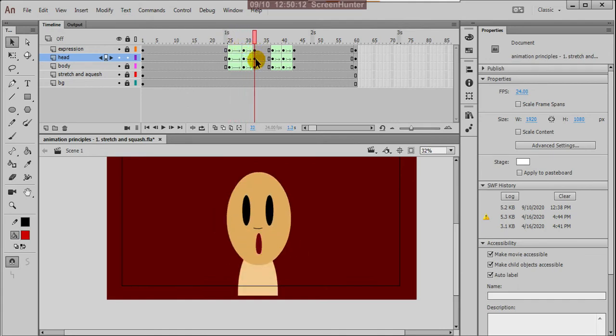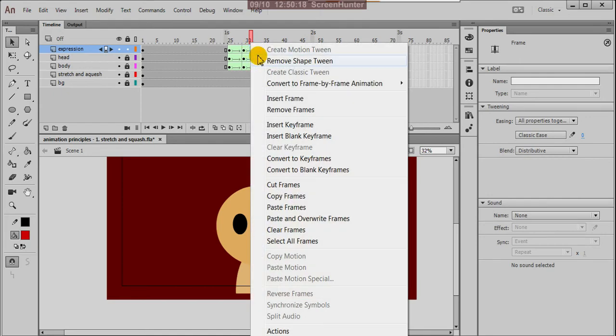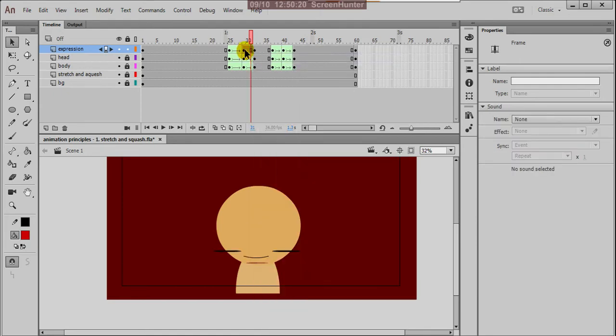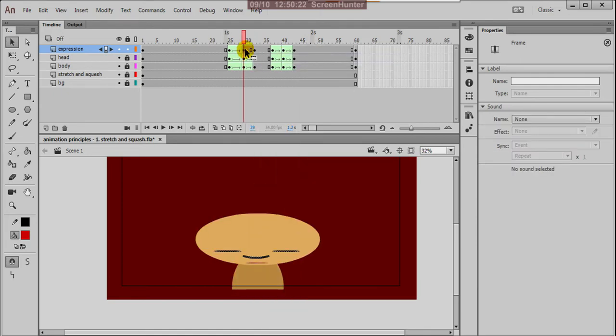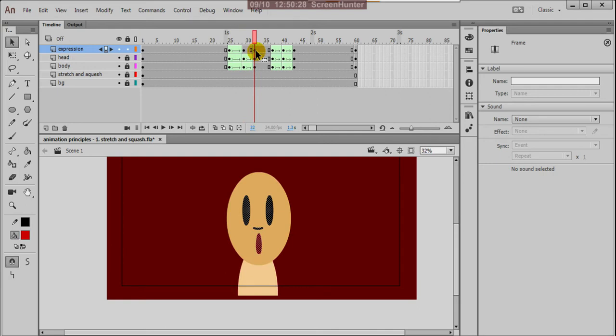Yes, so we did it for the head. So what about the eyes? Yes, the eyes must also do the same. So this is our squashy expression in anticipation, and this is the stretched one.